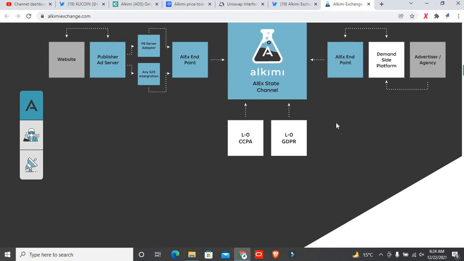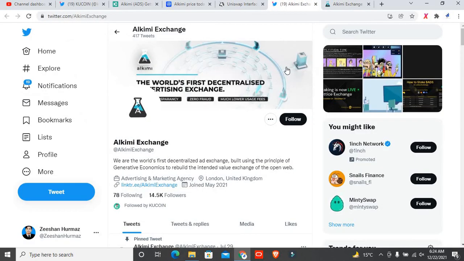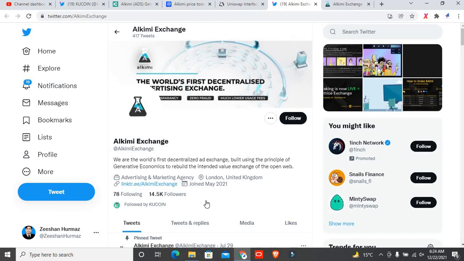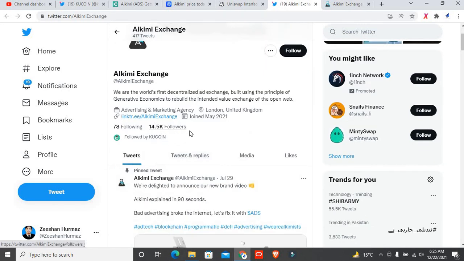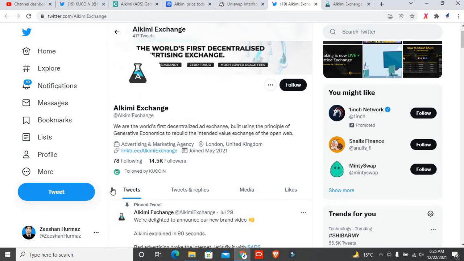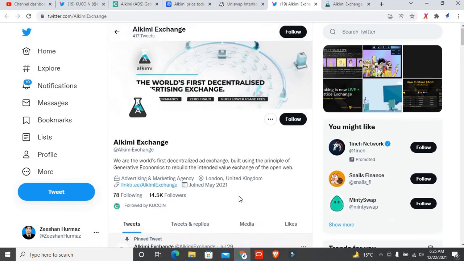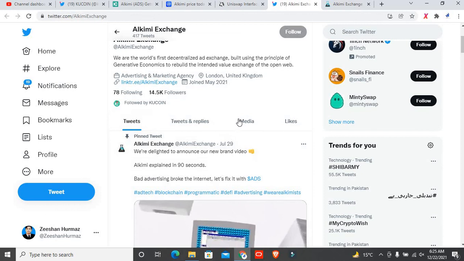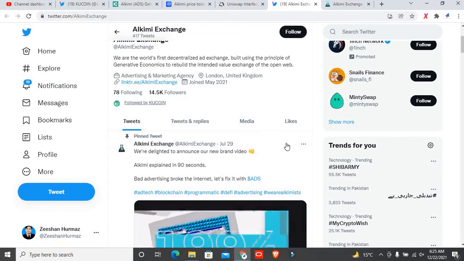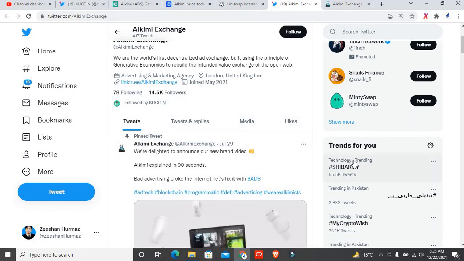Also if you look at the main Twitter account of this token, right here you can see the community of this token is almost 14.5k followers, so it is also much better. You must also follow this one, because you know many tokens upload many types of airdrops, and as well as many types of events they want to place, so you can also follow this Twitter account. So I hope you like this video about this whole ADS.